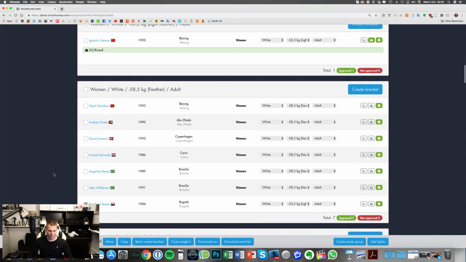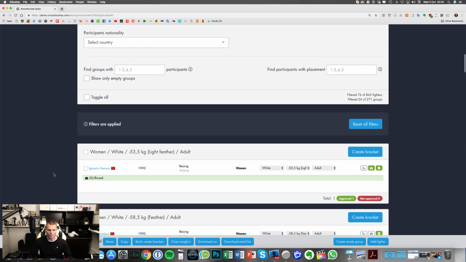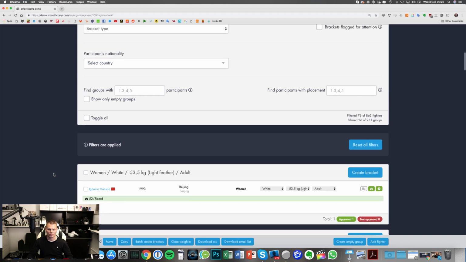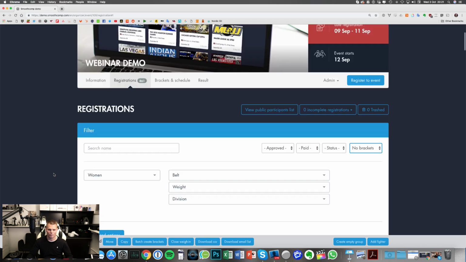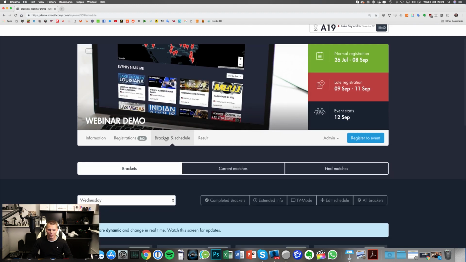If we fall back a little bit, because everybody watching here now, we're in the registrations list, and this is something that you as an organizer have access to, and you can also have managers that have special roles that can access this page. But if you are careful about giving out your password to the site, you can assign staff members, and staff members will do weigh-ins through another place, and that will be the find matches. So I'm clicking brackets and schedule, and then going over here to find matches.